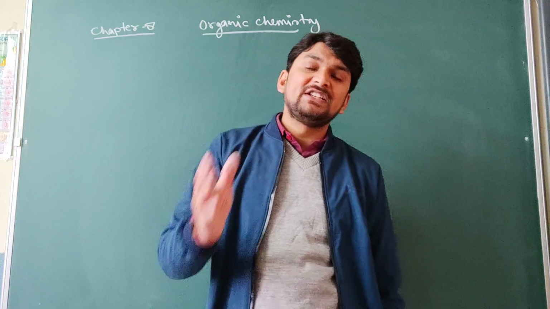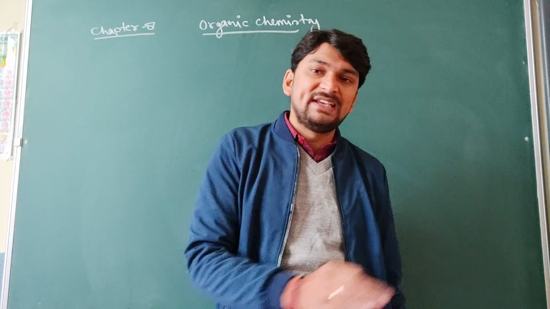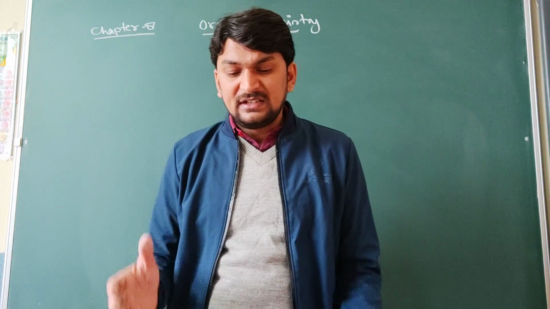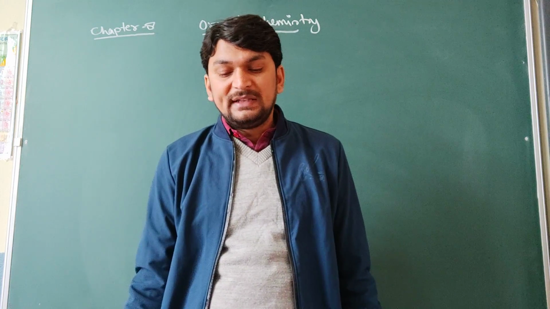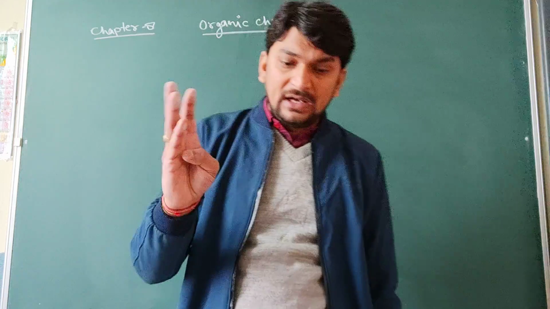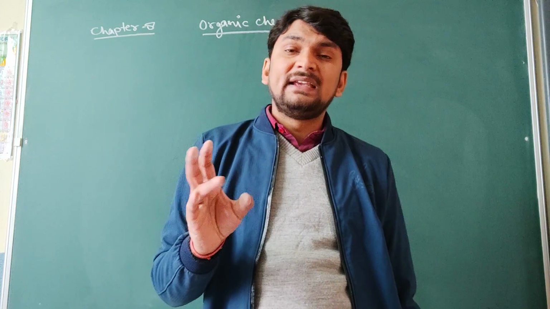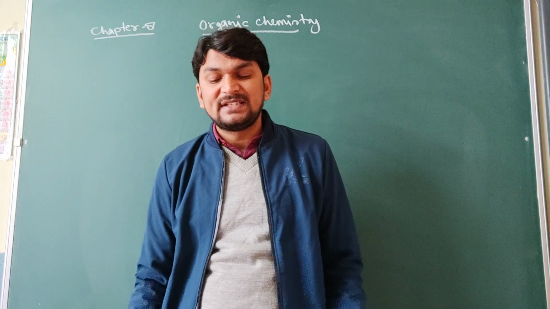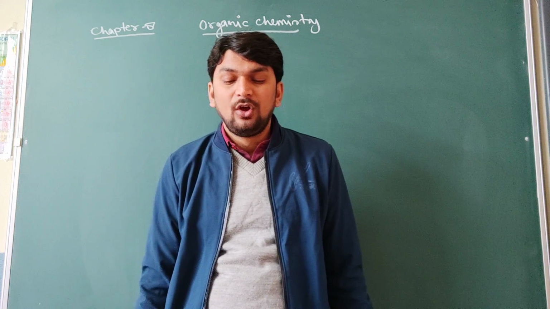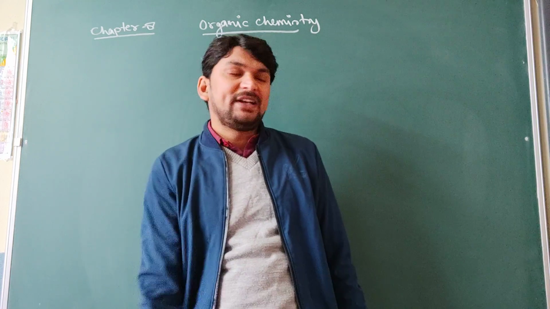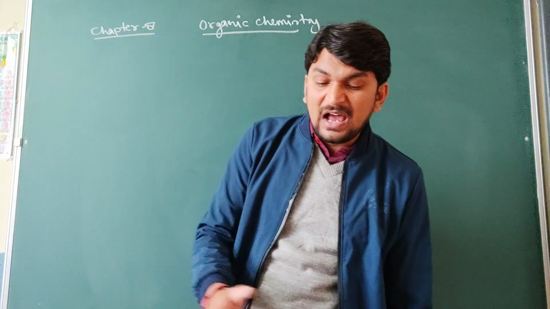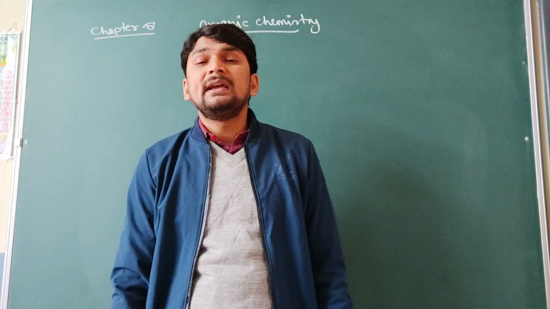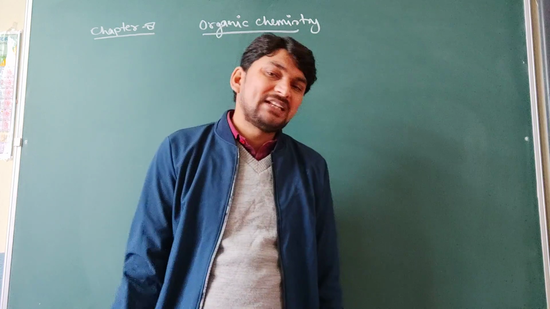Then we will start the nomenclature part, IUPAC nomenclature. In IUPAC nomenclature, we will discuss up to a maximum of 6 carbons. In that, we will discuss alkane, alkene, alkyne, alcohol, aldehyde and carboxylic acid. Basically, these types of compounds will be discussed. After that, we will discuss the next topic, hydrocarbons: alkane, alkene and alkyne. In alkane, only the normal information of alkane is there.